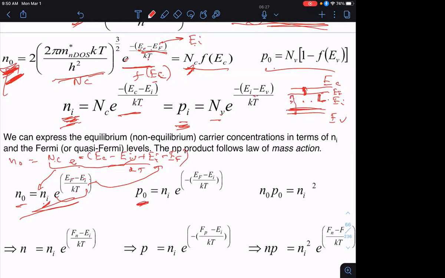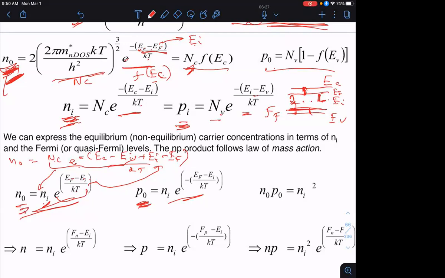Or suppose I'm looking at a p-type semiconductor. Here the Fermi level will be closer to the valence band. Okay, so I could measure the Fermi level with respect to EI, as shown over here, or with respect to EV, which is the version shown over here. Okay. Now this expression for N naught and P naught in terms of EI gives you another very, very useful